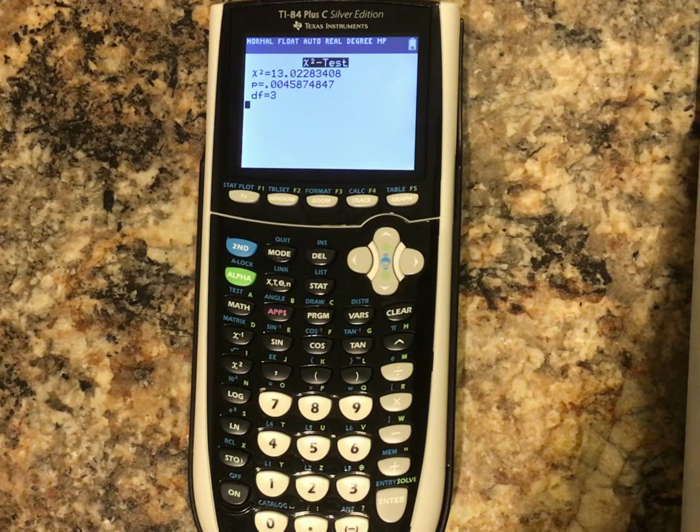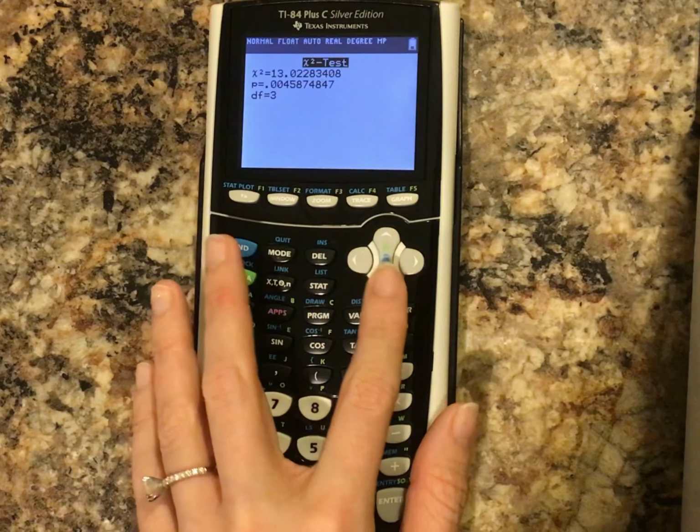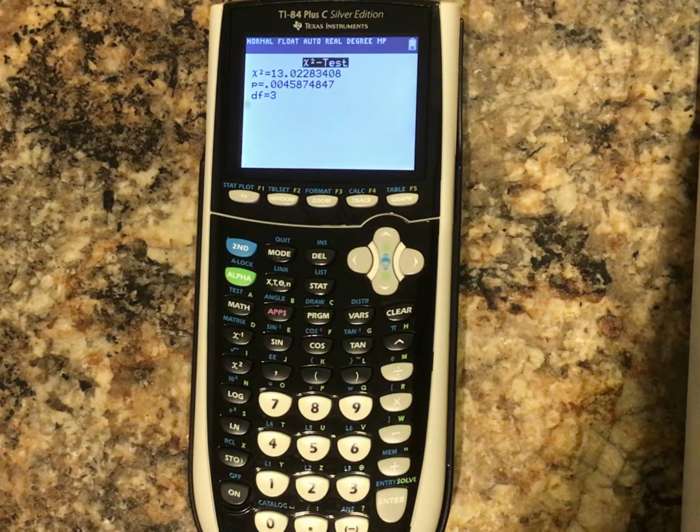It's probably going to be less than any level of significance you're going to be given. So in this case, we're going to reject our null hypothesis most likely. And then the degrees of freedom is your last one. Something else, as I just said, when you did your observed and expected matrices, we put our observed